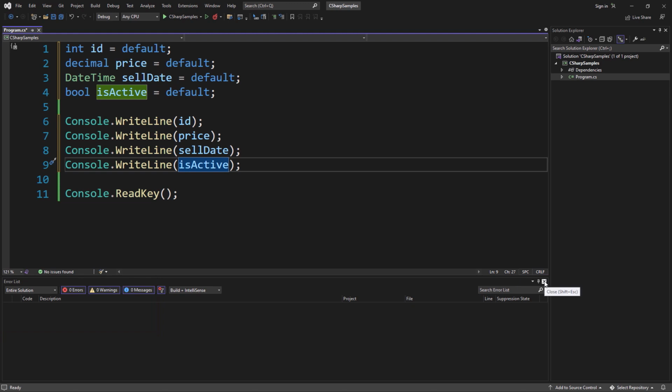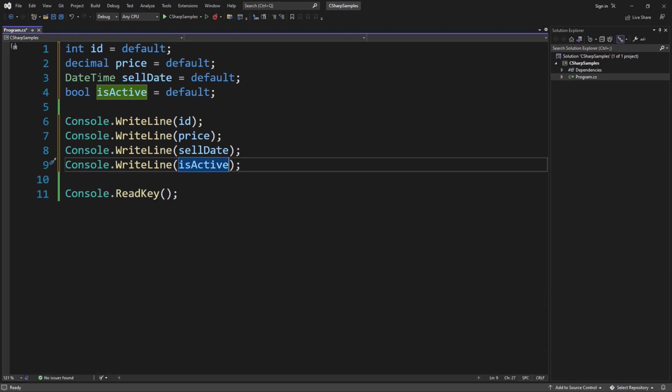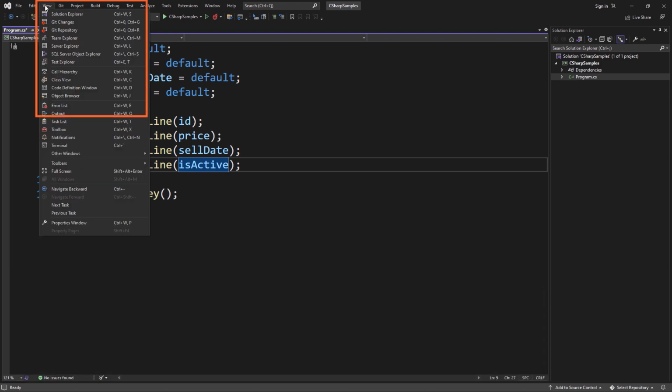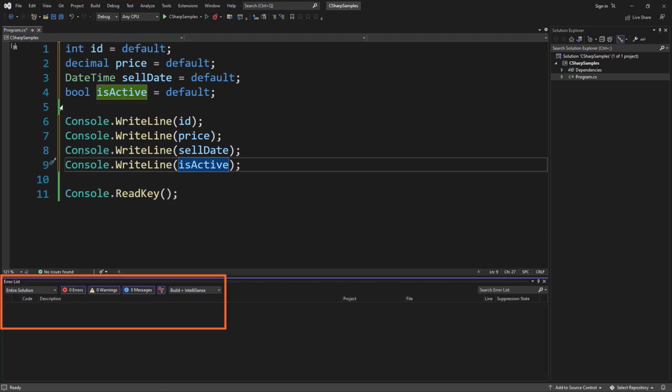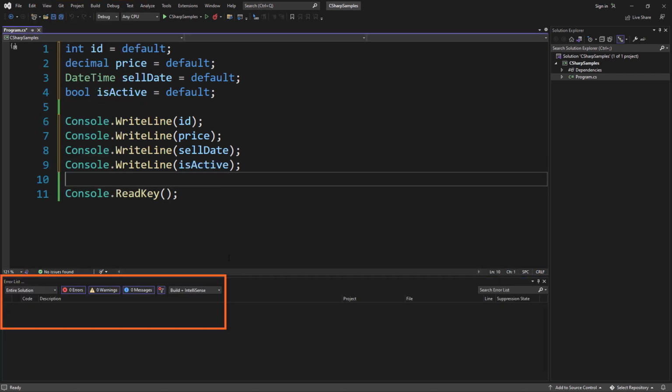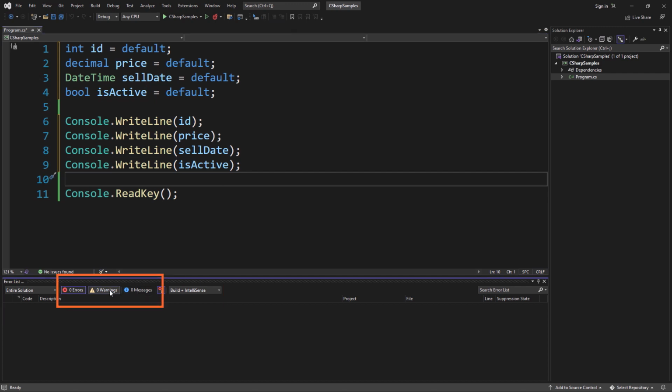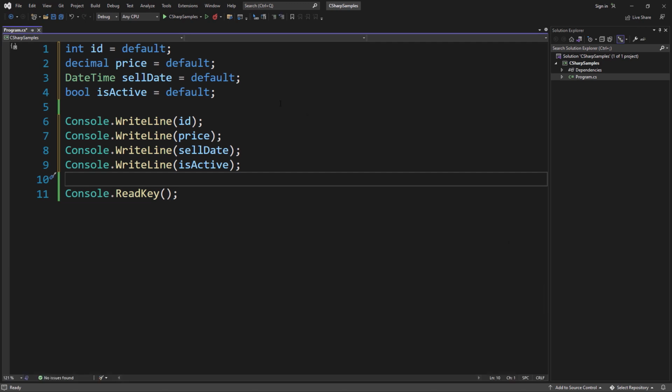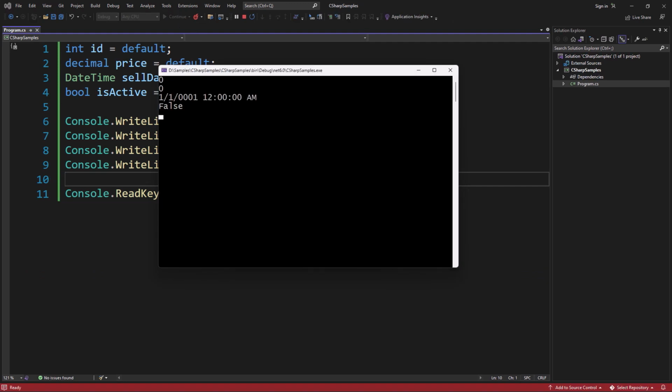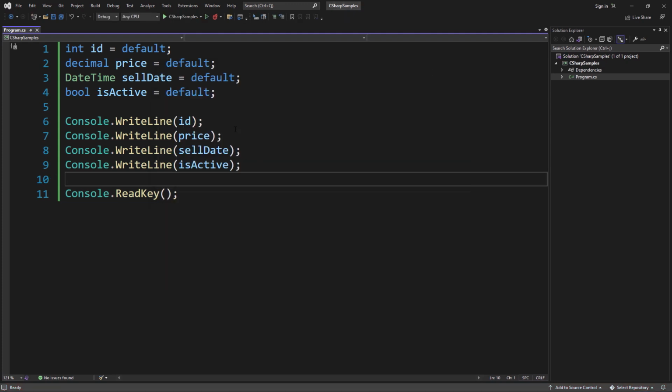You can then close this at any time, and you don't have to have errors to display that. You can go to the View menu and choose Error List, and this will always then come up. You can turn informational messages off. You can turn the warnings off just by clicking on these little toggle buttons right here. I'm going to go ahead and turn that off for now. We'll go ahead and run this, and now we see all the default values for numbers, date time, and a Boolean. If we want to see the same thing for a string,